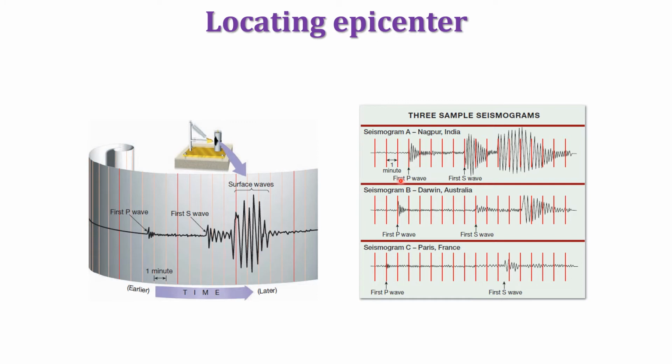Basically, yung distance in between the first P wave and the first S wave can tell us kung gaano kalayo yung seismic station with respect to the epicenter. Okay? So this distance here, or yung time interval in between the arrival of the first P wave and the first S wave, can tell us how far the seismic station is from the epicenter of the earthquake. For example,